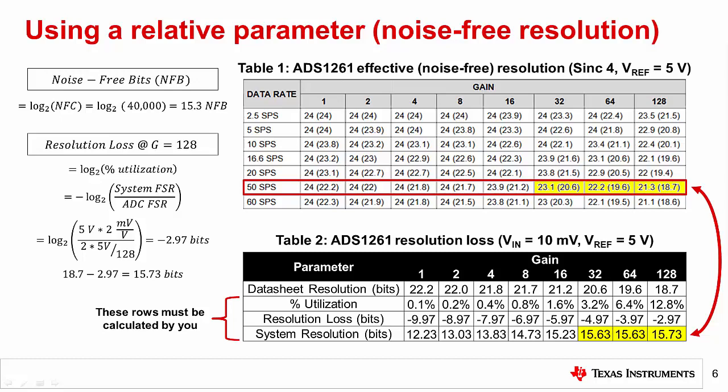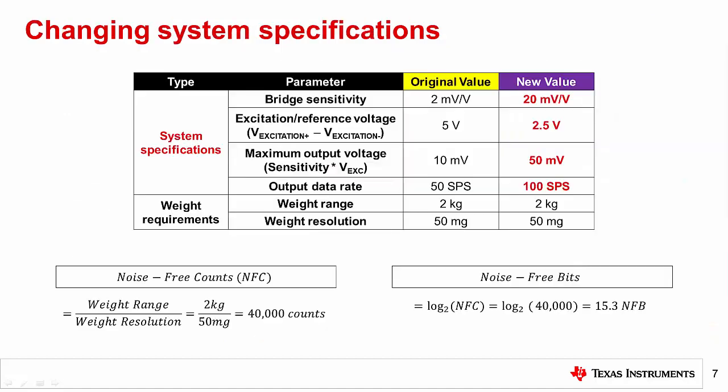What if instead of operating at 50 samples per second, you wanted to know how fast you could sample and still get the requisite noise performance? It would be challenging to get that level of information from this analysis. Or what if your requirements changed after you had already completed your ADC noise calculations? Let's make some changes to our initial application requirements and see how this impacts our analysis.